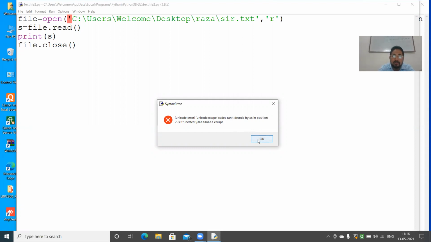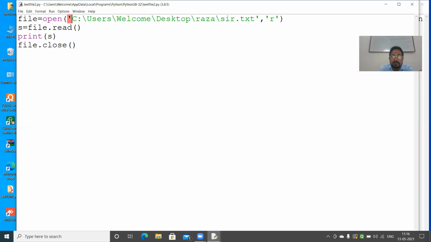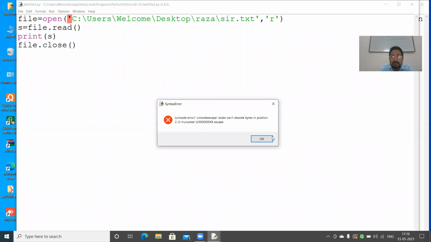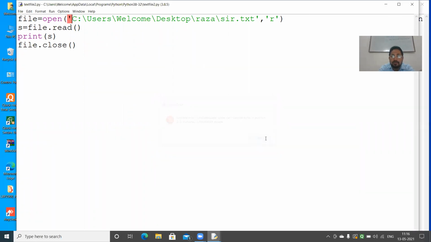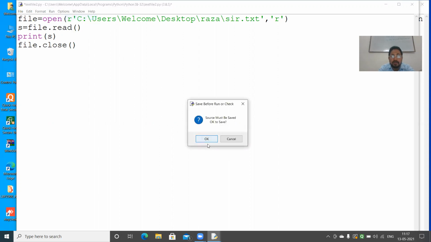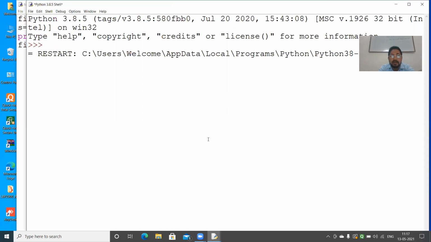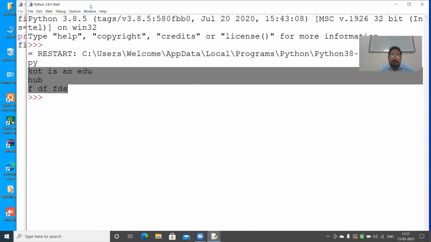So what we will do to get rid of this problem, I will show you. To get rid of this error, we will simply write here R. That's it. And then I will execute this program. And you will see that as you write R, the content is displayed.